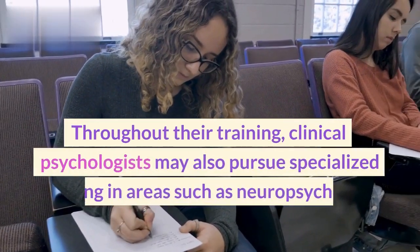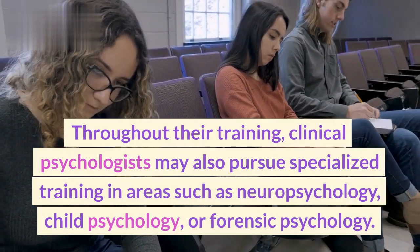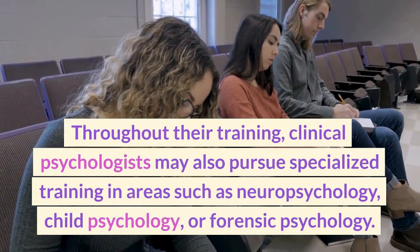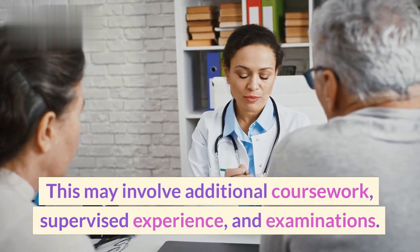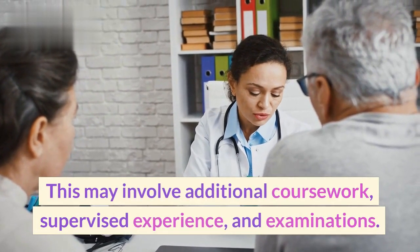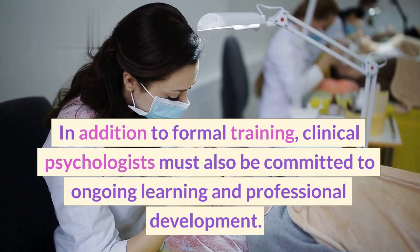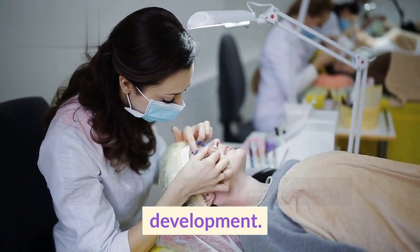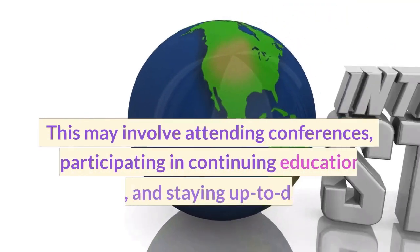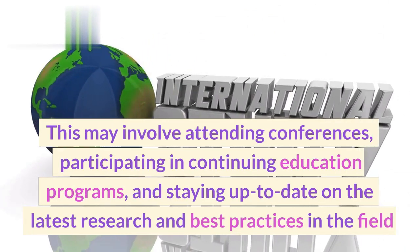Throughout their training, clinical psychologists may also pursue specialized training in areas such as neuropsychology, child psychology, or forensic psychology. This may involve additional coursework, supervised experience, and examinations. In addition to formal training, clinical psychologists must also be committed to ongoing learning and professional development. This may involve attending conferences, participating in continuing education programs, and staying up to